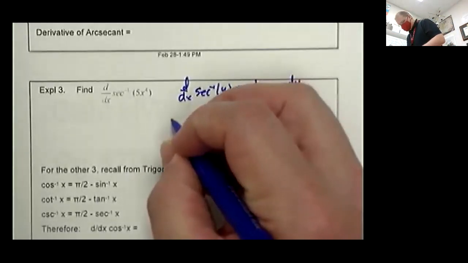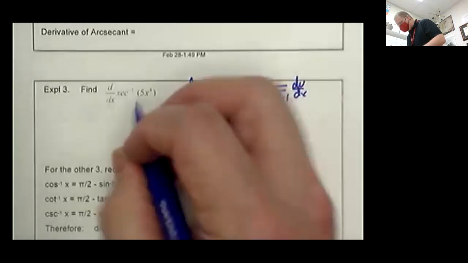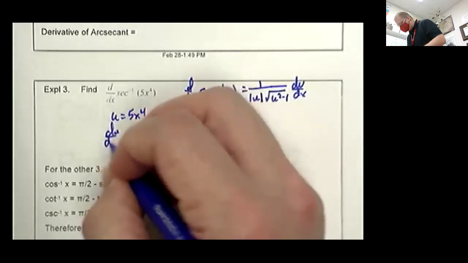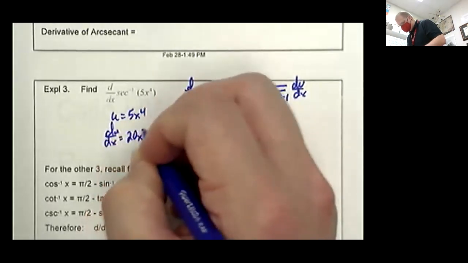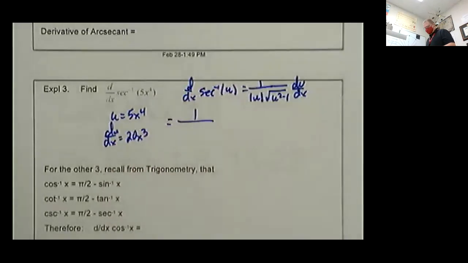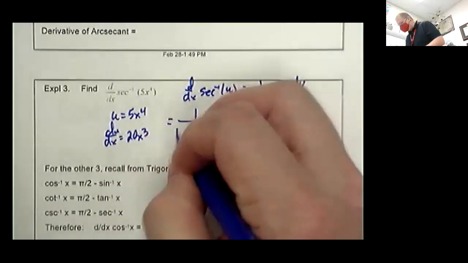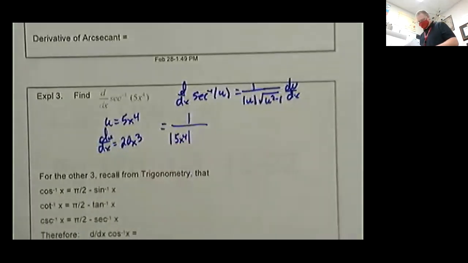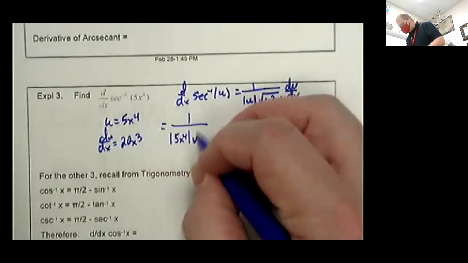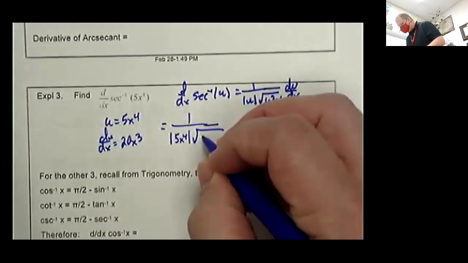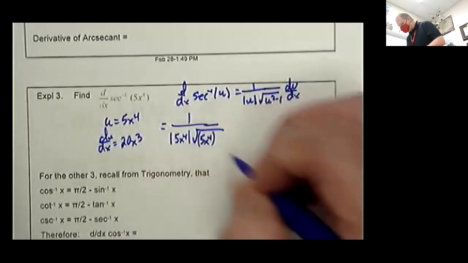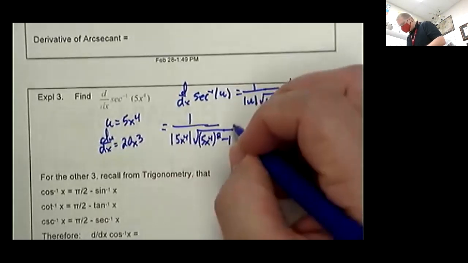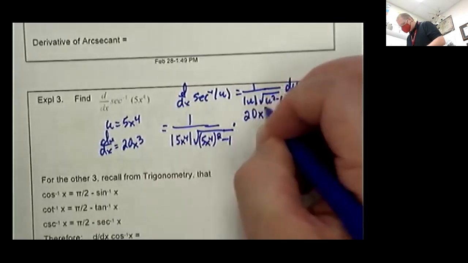And so we're going to plug in, and here we go. So we have 1 over, our u is 5x to the 4th. So our du dx is 20x cubed. So plug in what we have. So 1 over the absolute value of 5x to the 4th times the square root of 5x to the 4th squared minus 1 times 20x cubed